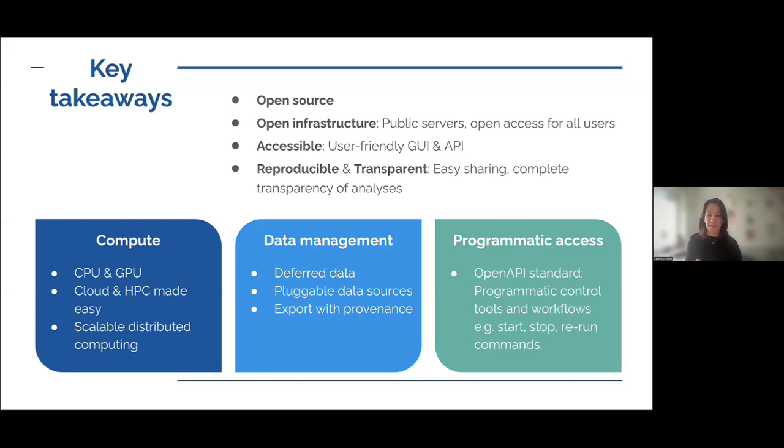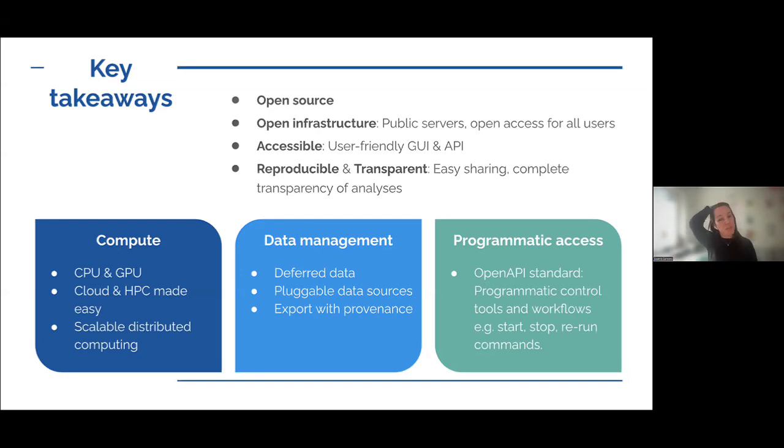But with the deferred data, you can get big data sets directly to the compute node, and you don't need to consume that in your history. So that's also a nice feature to have there. There are pluggable data sources, so you can get the data directly from Homero, for example, but you can do this from the IDR. So you can get these data sources in a very easy way. You don't need to download this into your computer and then upload it again to another server or something like this.